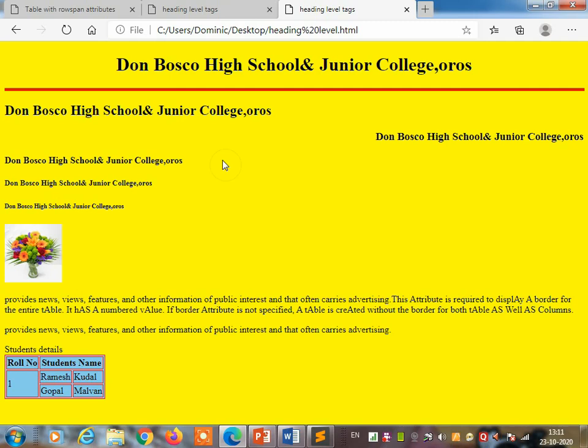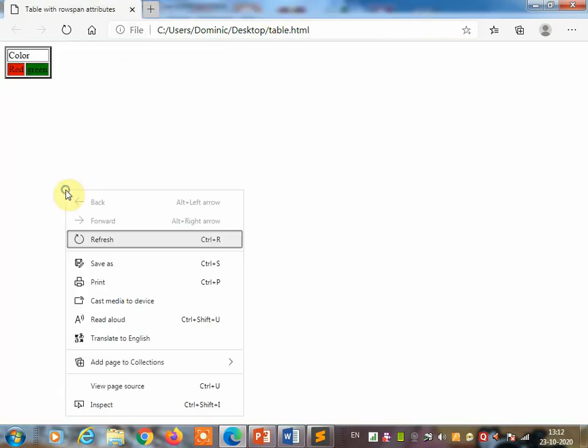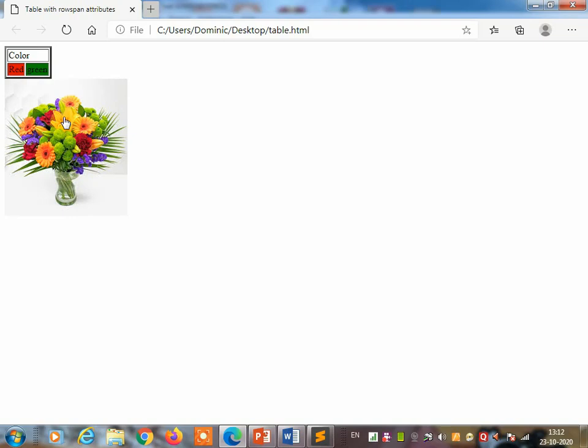Okay, so now you have learned two links, the image link and the text link. To give the link to the image, you have to provide the path of the image where it is stored in your computer, and once you click on that, you must reach that file. Once you refresh, you'll come to know that the link is given to the image. Before, you learned that the link was given to the text.